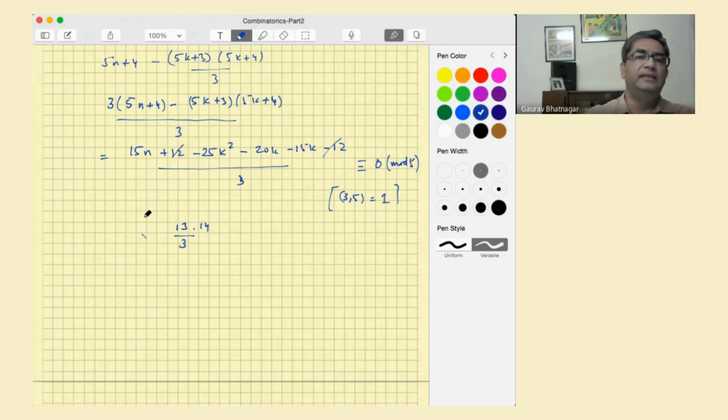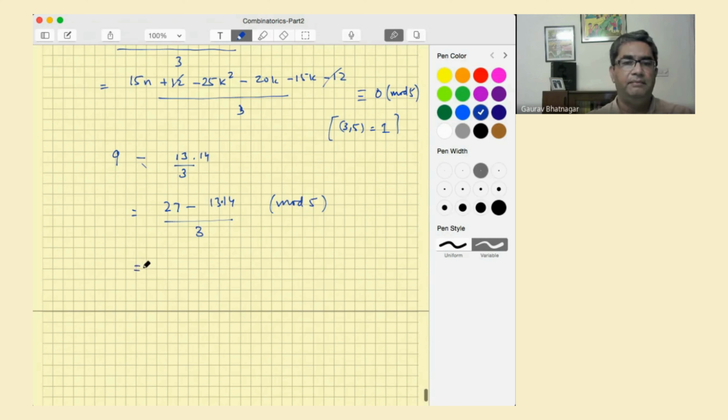So let's try. Oh, what should we try? So let's take 5n plus 4. So let's take 9 minus this. So this is 27 minus 13 into 14 mod 3. And when you do mod 5, what does that become? 0. How much is 13 into 14? Professor, but